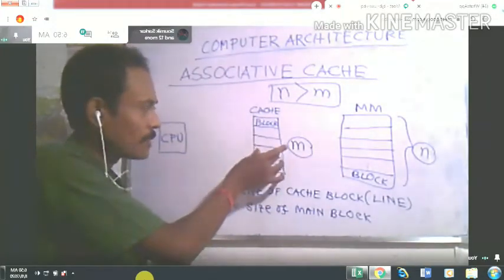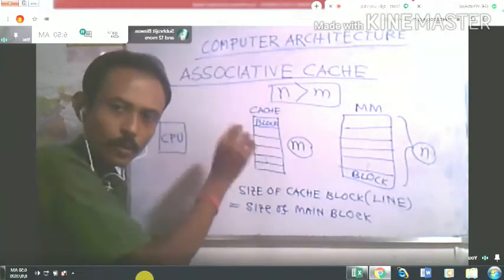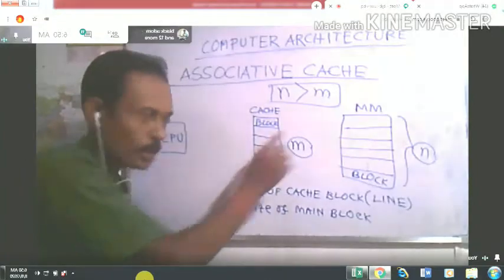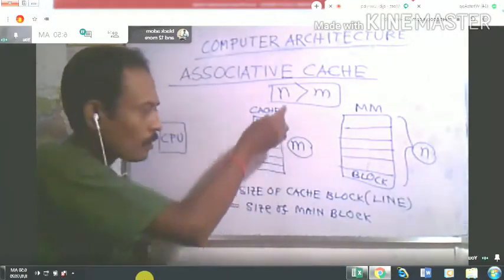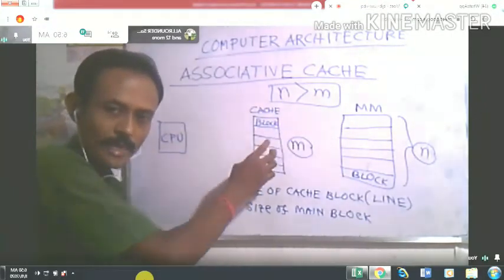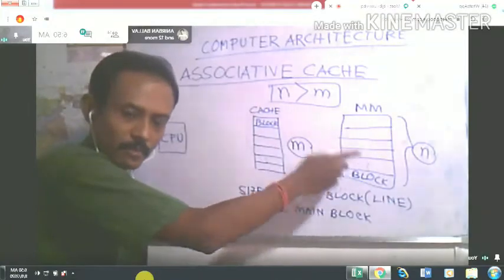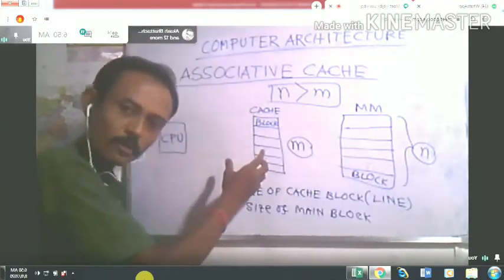If any cache line is free, then on that particular cache line or cache block, that main memory block will be placed. If all are full, then some already existing block will be replaced, and in that position in the cache, the new main memory block will come.